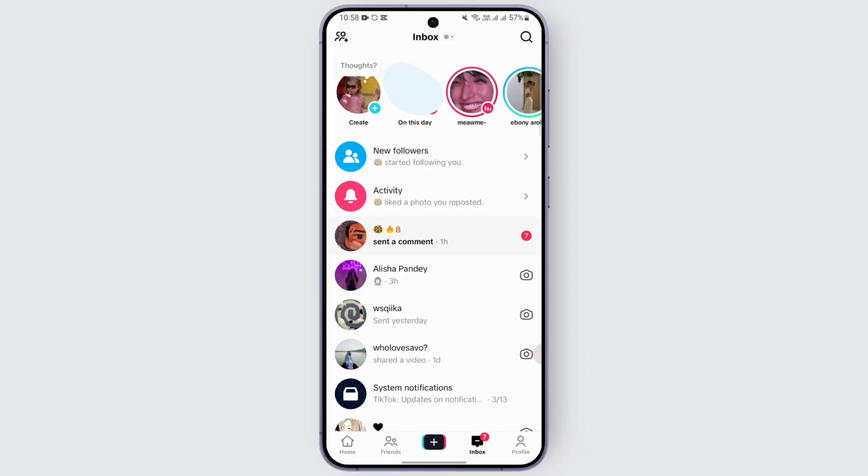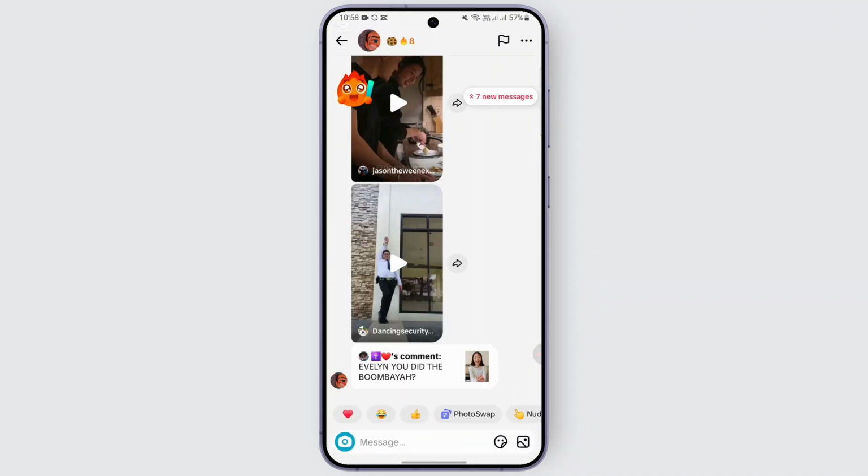And then once you head over to the inbox, what you can do is simply head over to the chat. For example, this chat right here. After that, once you head over to the chat, in the bottom you should be finding the photo option in the bottom right. Tap on it